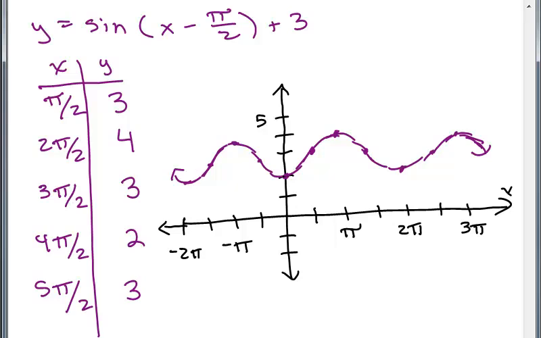Now what's happened, it's as if you shifted the entire sine curve over pi over 2 spaces. So instead of 0, 0 here, what happened? This ordered pair, 0, 0 on y equals sine of x, it shifted pi over 2 to the right and up 3 spaces, and there's your new point. So if you wanted to see the graph of y equals sine x in green, for instance,